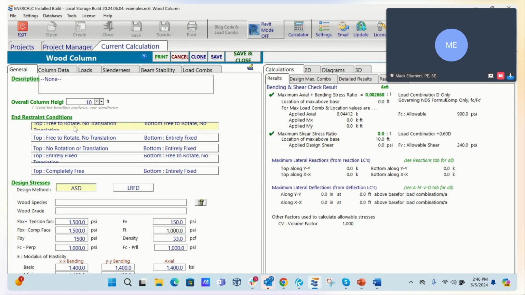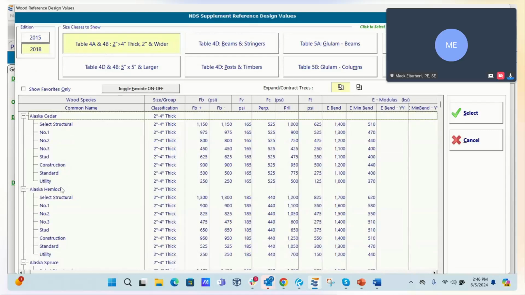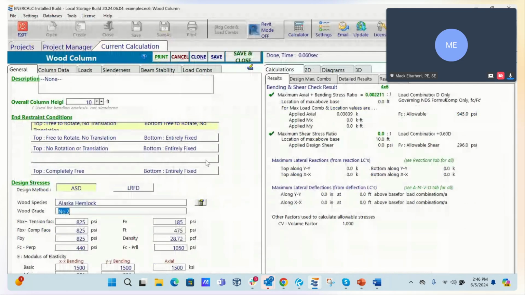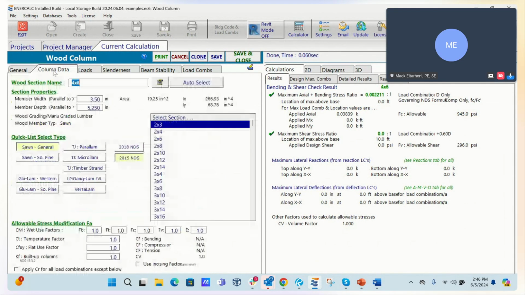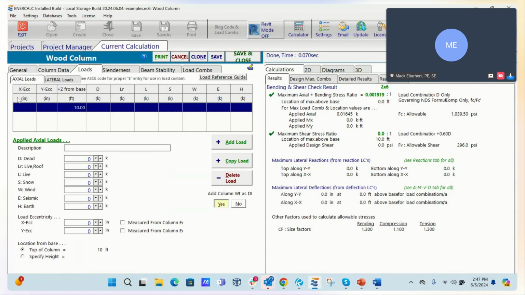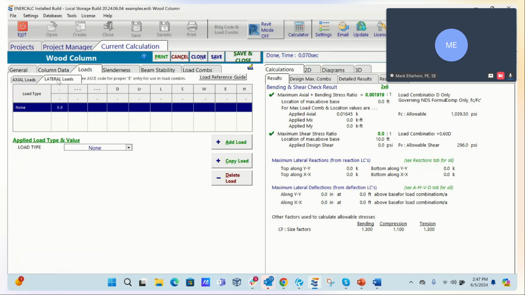So you can, for example, just have here your settings, all of this stuff. I'm just gonna use anything for now just to kind of set something up. So you can come right here to 2x6 loads. So you can apply loads, axial loads, but also if you don't have any axial loads, you can apply lateral loads.